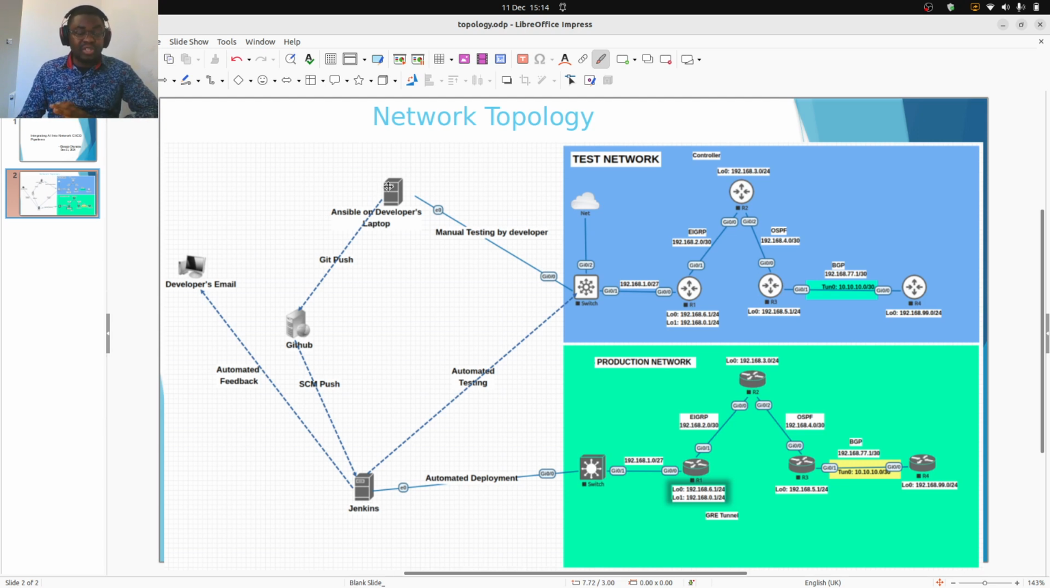Now, when the network engineer is done configuring his script, the Ansible code, it will then push it over to GitHub, and GitHub serves as the central repository too. Over here is Jenkins, which is the CICD tool that regularly polls GitHub to check if the network engineer has made new commits. Now, in a situation where new commits have been made, Jenkins will then fetch the latest Ansible code and then use it to